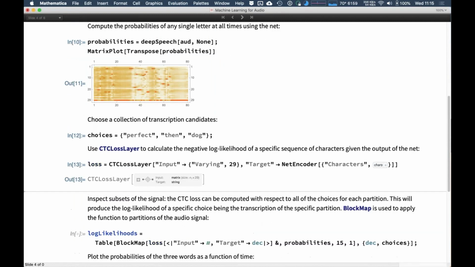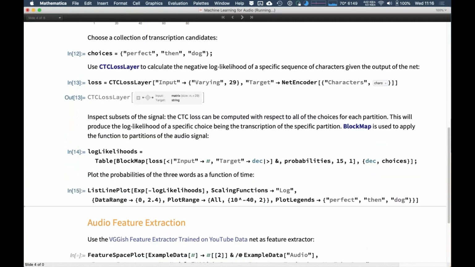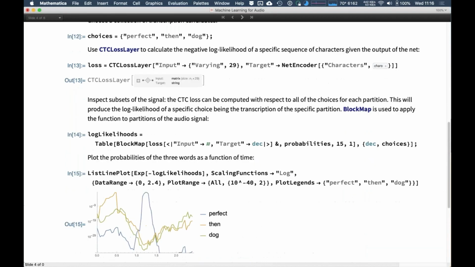And then using a loss layer, I can compute the likelihood of any of these words at any specific time. So this is what I'm doing here. And I can plot these probabilities as a function of time. You can see that perfect has the highest probability at the beginning, around 0.5 seconds. Perfect is here, the blue curve.